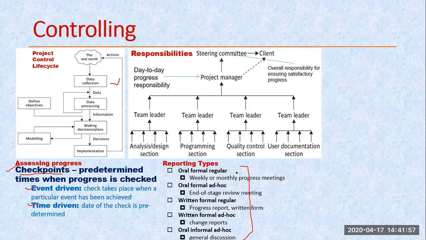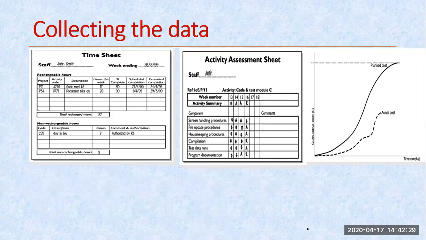Ad hoc means some types of meetings that are not continuous, but as the project starts executing, people start conducting the meeting. If the project is stopped, or maybe resumed, people may not conduct the meeting, so that means the oral ad hoc meeting. And similarly the formal written and ad hoc meeting. And informal means when people are moving out or sitting at the dining table, they start discussing something, but the objective is again to understand that.